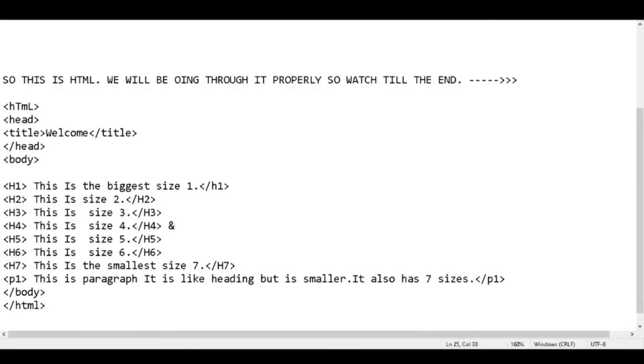This heading tag is used for determining the size of the letters we are going to use. Suppose we write H1, this is the biggest size. In the same way, the size is in decreasing order from big to small, up to 7.